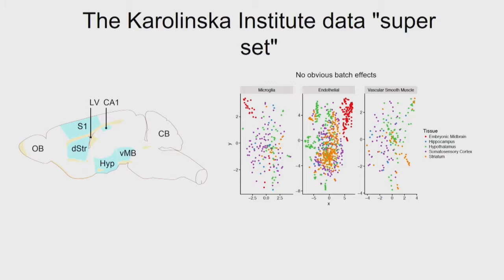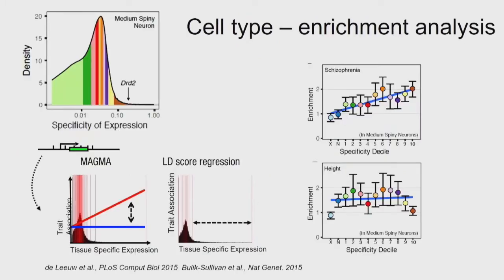And yes, if you look at different types of cells that you don't think should vary much between regions, you can see that there's largely no structure, so they are very much overlapping. The reason that the red cells are a bit on the outside is that these were much younger animals. So we said we can bunch this data together. That means that we have a lot of different cell types from different regions of the brain. So that's the single cell data.